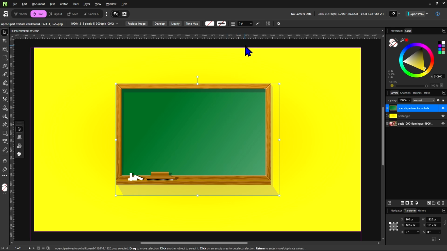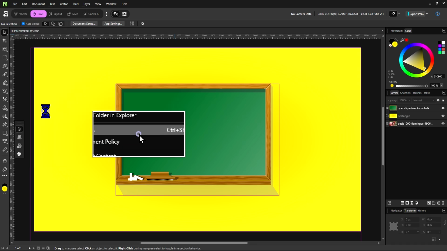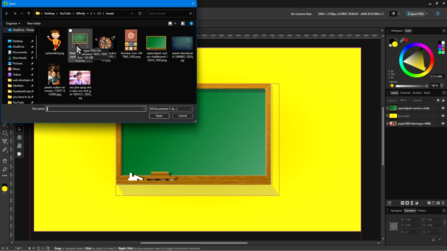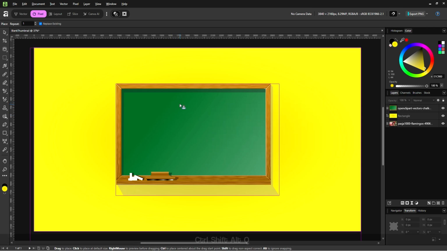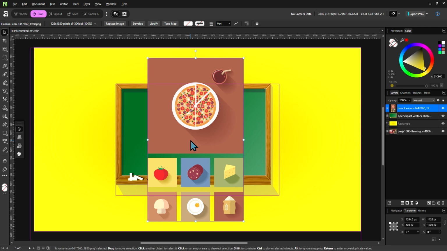And the other way is that we can also go into File here, Place, and also just select any one of these images in your File Explorer, then open, and your cursor will turn into this arrow, and we can just click anywhere in the document to place that image. Pretty simple, right? However, there's something that you should know of before it trips you up later.